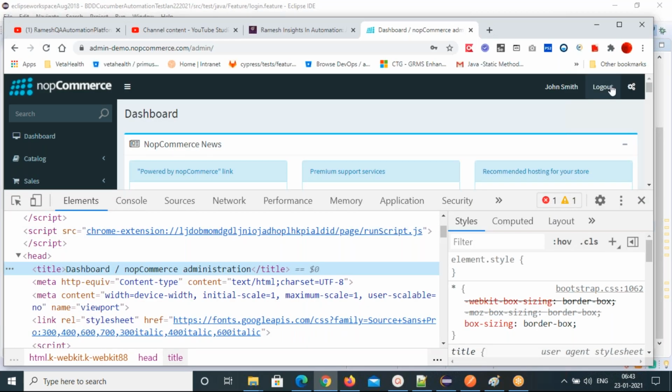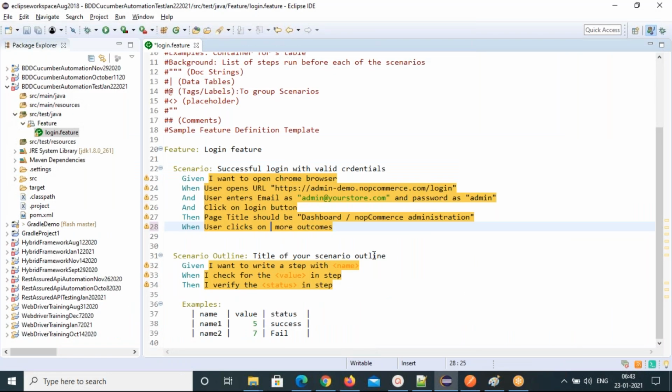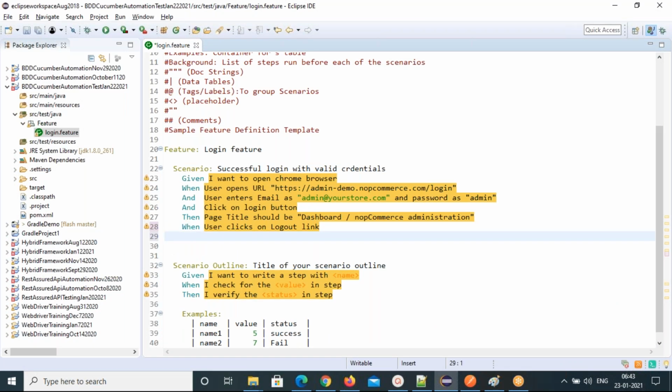Here you have this logout link. So once you click on logout link, what is happening? Then you have to verify the page title. So keep this all same. Page title should be, so that we won't get any problem.